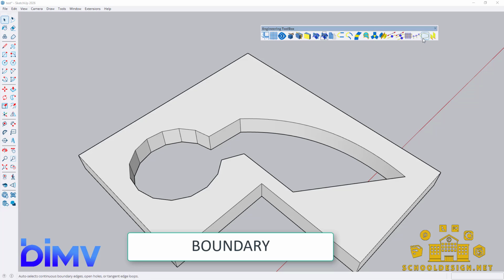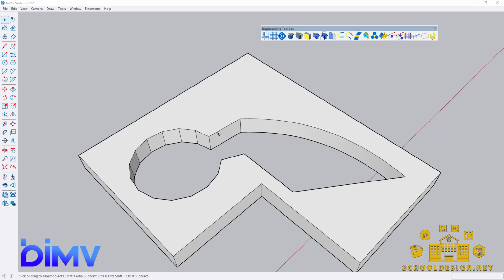Boundary. Now we have another option, boundary edges. If, for example, in this situation we have a lot of edges and we would like to select them, sometimes the surfaces might be selected when we choose only one edge. We click on boundary loop. We choose the tolerance here regarding the degrees between individual edges. And let's select, for example, 89. And then everything is automatically selected,